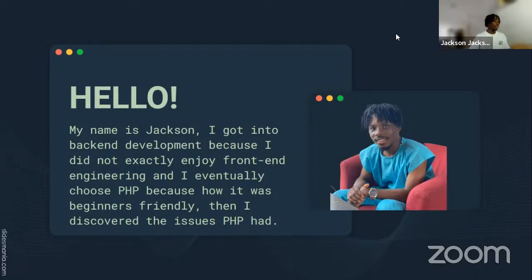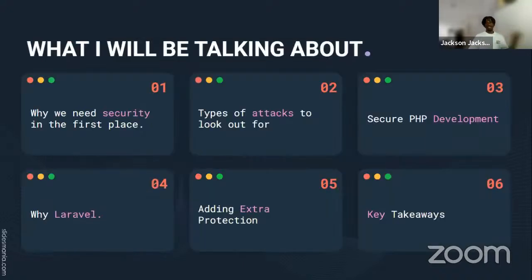We just need to understand the key principles behind some of these languages, because half the time they are all interwoven. And the reason why I chose backend engineering was I didn't exactly enjoy front end. There were too many concepts, too many things that were abstract in my head. So gradually, I fell in love with PHP, and I've been doing PHP for about a year now. But let's get back to business.